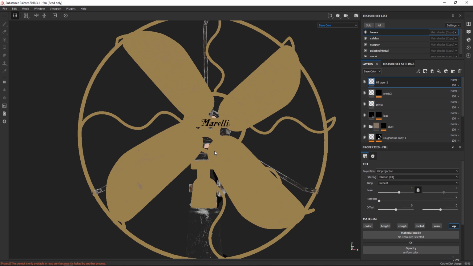The color map has a few names. Where I've been working, some places we call it an RGB map, some we actually just call it a color, some call it the albedo. I think the albedo is a more technically correct term for it, which is used in PBR. Some call it diffuse as well. Yeah. So it has a lot of different names.